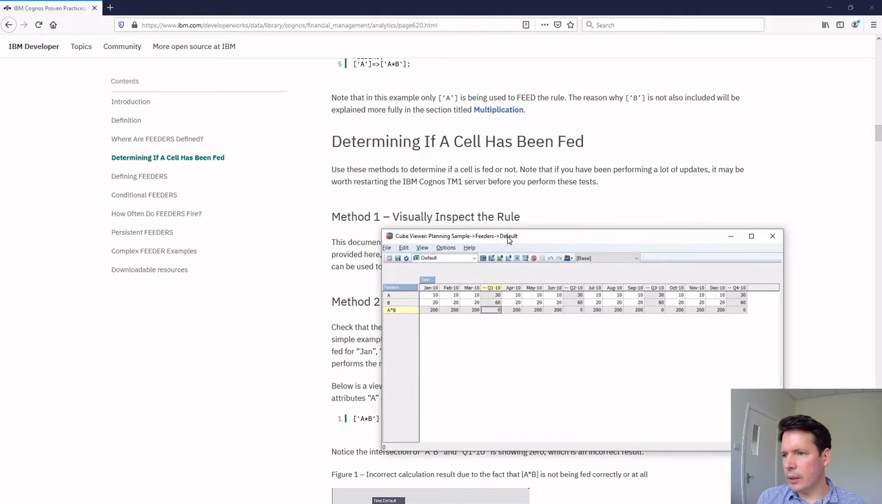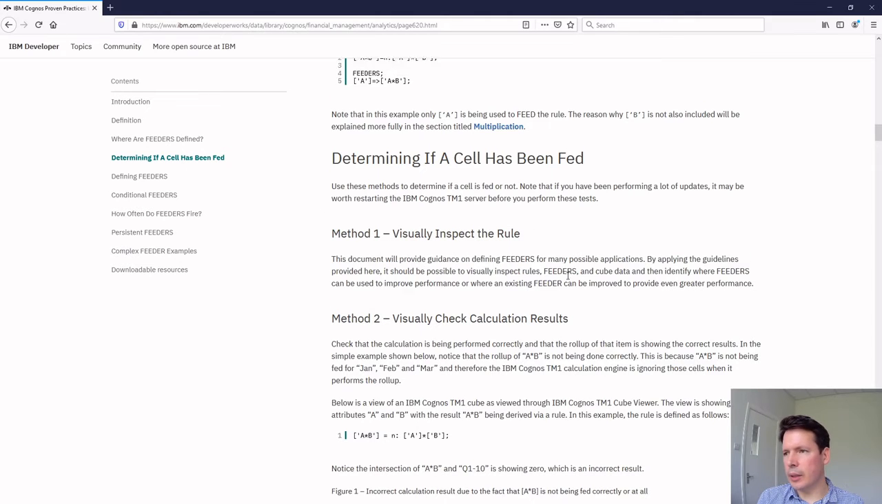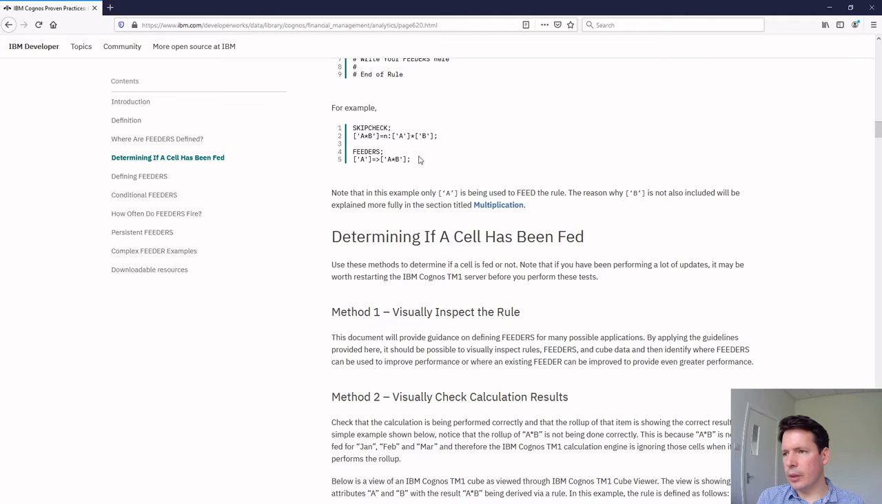Method 1 is for visually inspecting the rule. So let's have a look at this example. We've got the skip check statement here, and we're saying that element A star B is equal to, at the end level, element A times element B. From a feeding perspective, we generally speaking will try and reverse the rule, and we can see that element A implies that if there's a value in element A, there will be a value in element A star B. Given I've been using TM1 for a while and I'm familiar with writing rules and feeders,